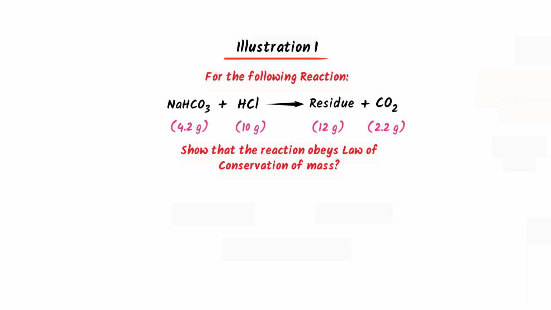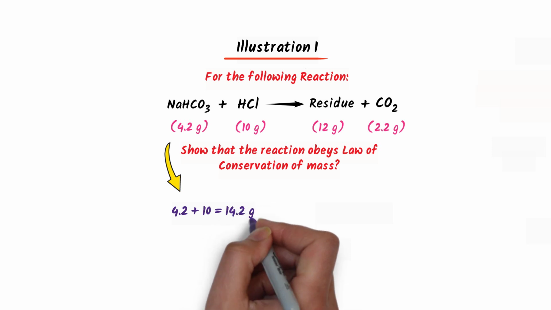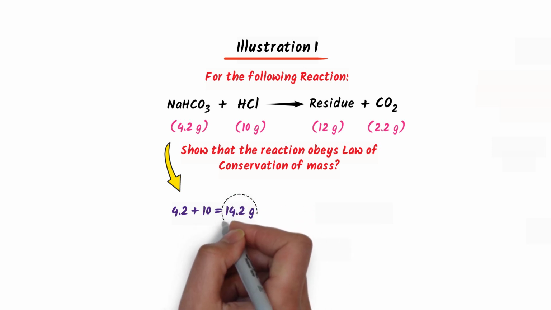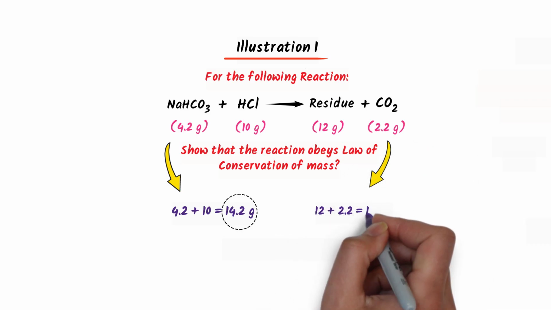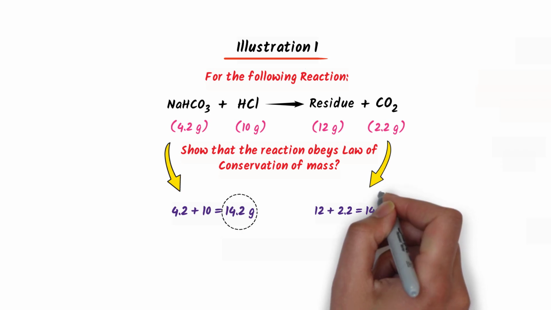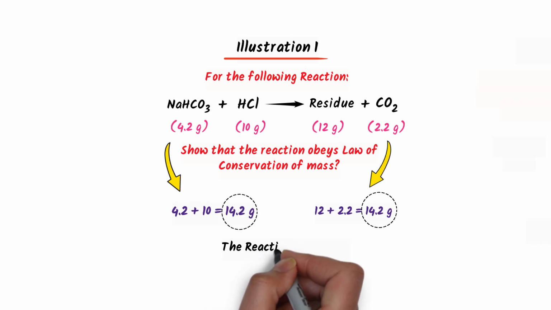Since we know, as per law of conservation of mass, the total mass of reactants must be equal to the total mass of products formed. Therefore, we simply have to add up the masses on the reactant side and the masses on the product side. Upon combining the masses on the reactant side, we found the total mass of reactants equal to 14.2 grams and that of products is also 14.2 grams. As the mass of products is equal to the mass of reactants, clearly the reaction obeys the law of conservation